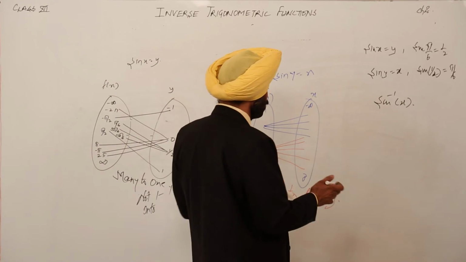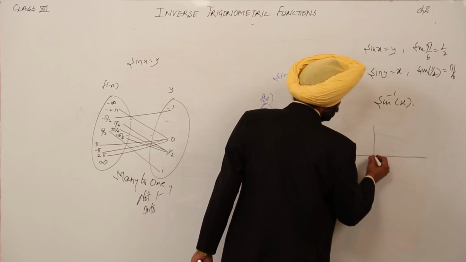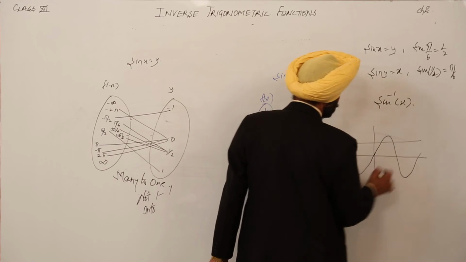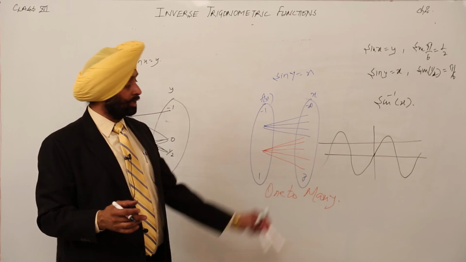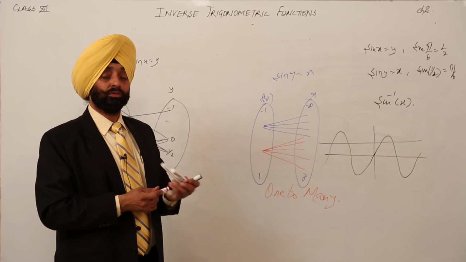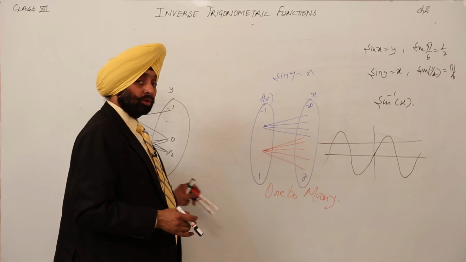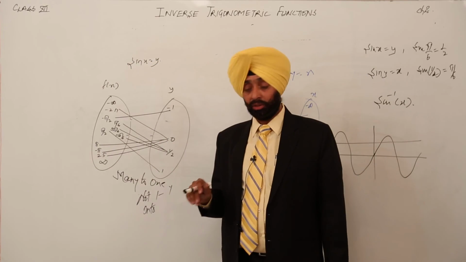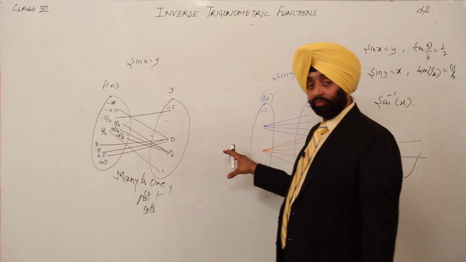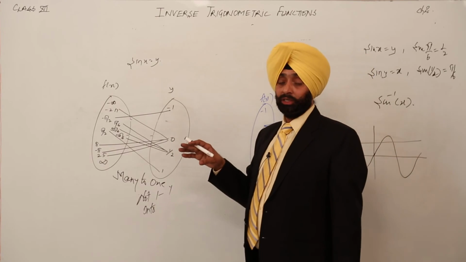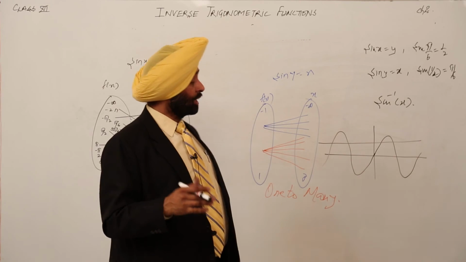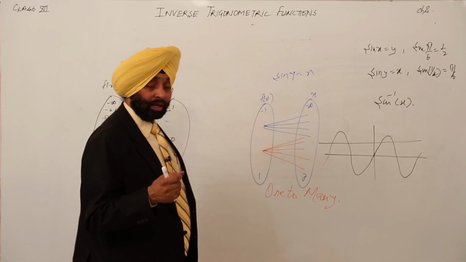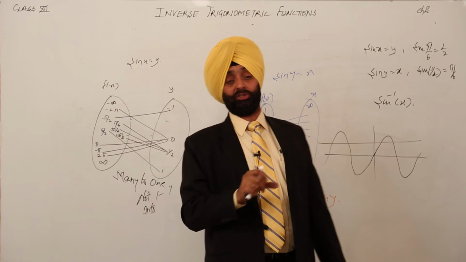And secondly I gave you the horizontal test also. In the horizontal test we were having a horizontal line drawn like this. Now only for this small graph the line is intersecting at 4 points. So this is not 1-1. If it is onto, it hardly matters, because on a specific range we can say that it is onto. So the given function for sin x is not 1-1. Then how to find the inverse? Only one possibility is there for finding the inverse, if we are having some restricted domain and range.